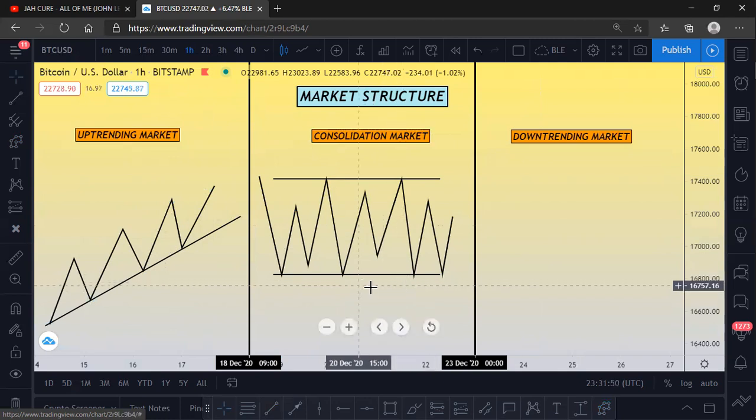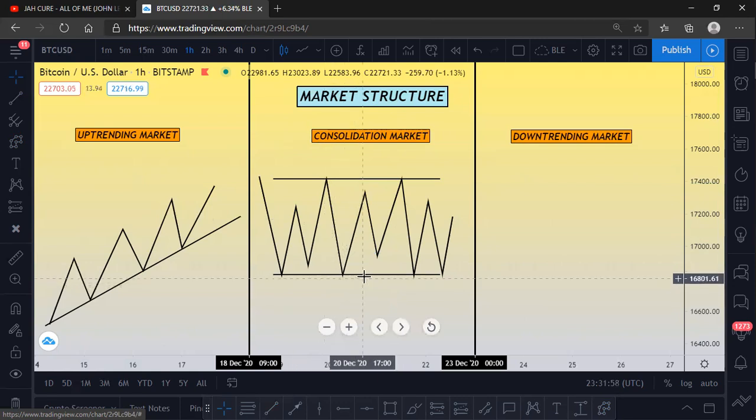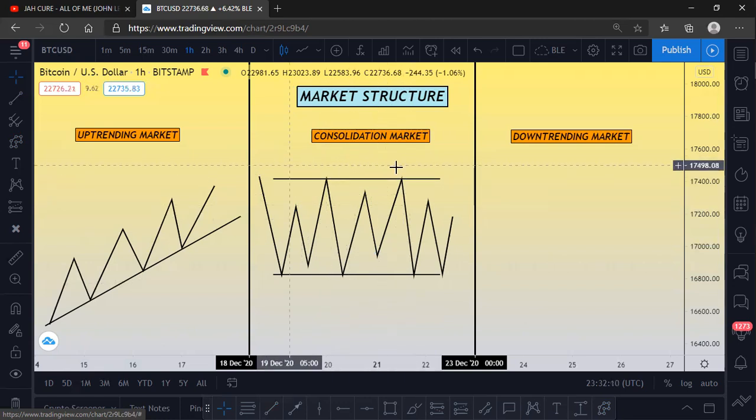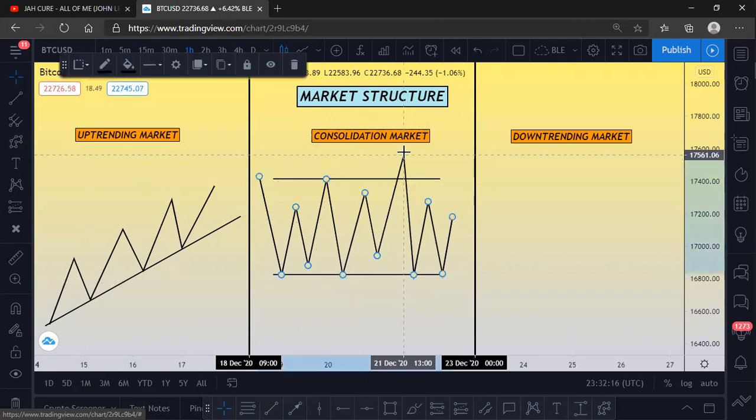So they try to manipulate the market, try to consolidate it, because they know people are going to be selling above here and some people will be looking to buy below here. As price gets here, some people want to sell. As price comes down, some people want to buy with their stop losses below here, above here. So they try to trap sellers by consolidating, and then before selling, you see something like this, they just rally price up, hit out, take everybody's stop loss, and then just come down.